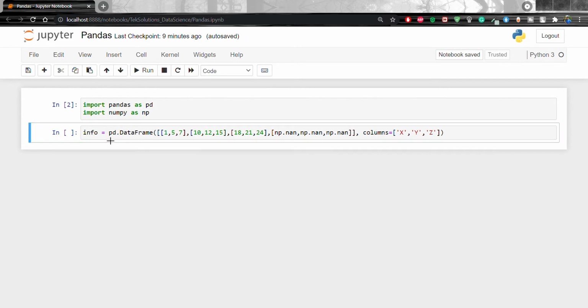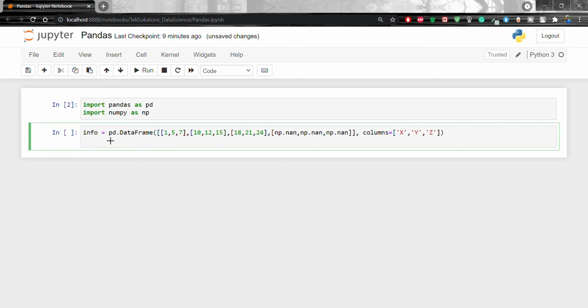Now I am going to do info.aggregate with sum and min.